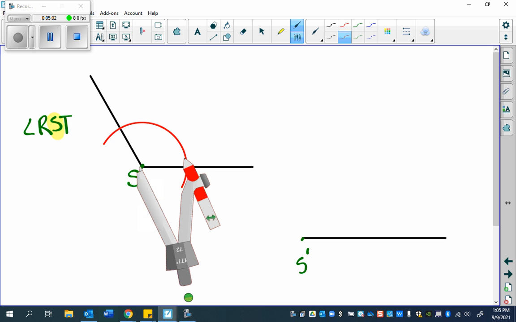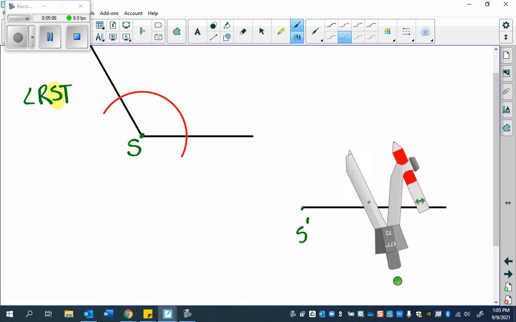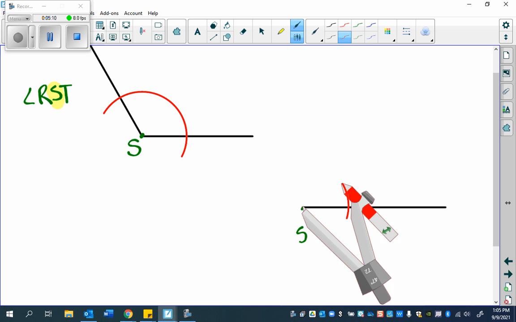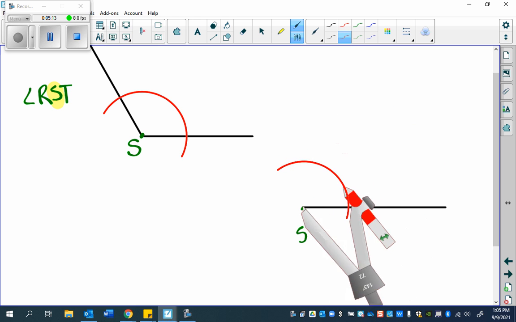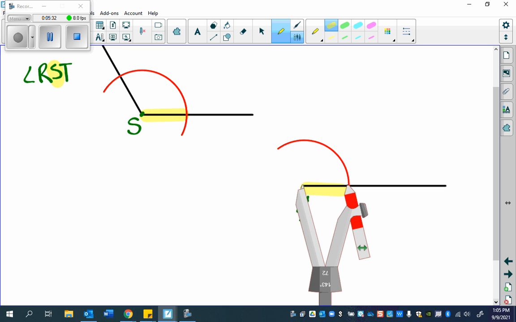That same distance is going to come over to your copied angle, and you're going to repeat that working arc on the angle where you are working. So what that working arc does is it solidifies the distance from the vertex so that you can guarantee that you're working from the same spot. Make sense? All right. So your next task is to go back to the mouth